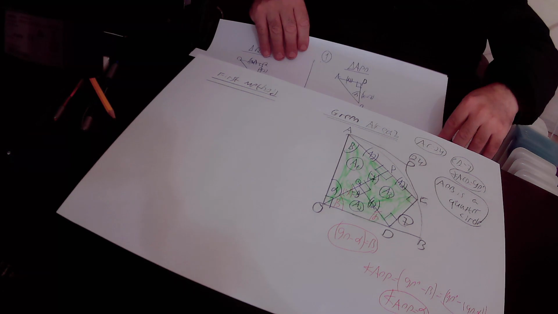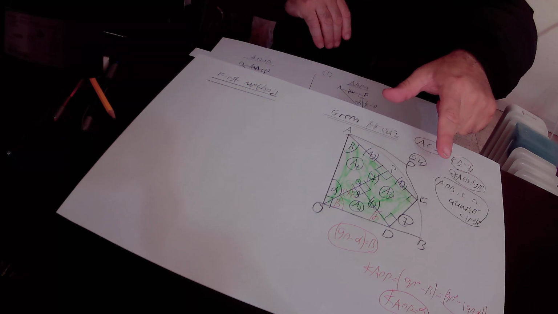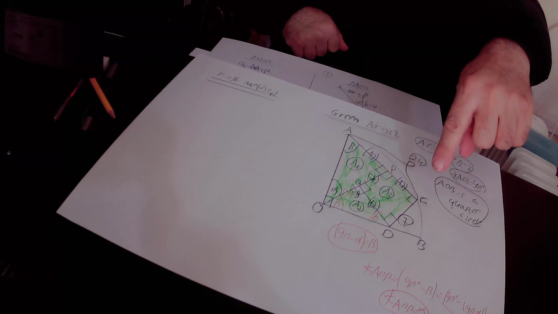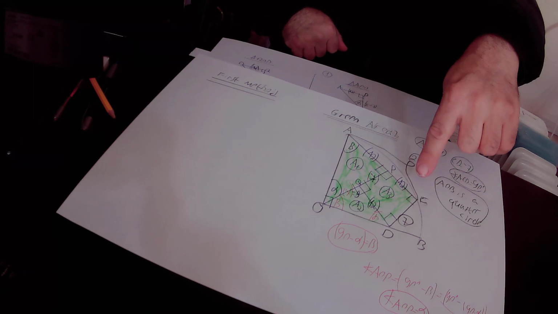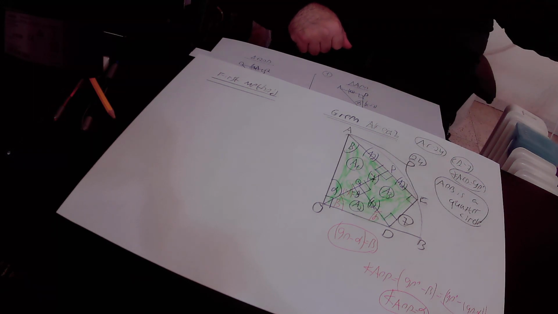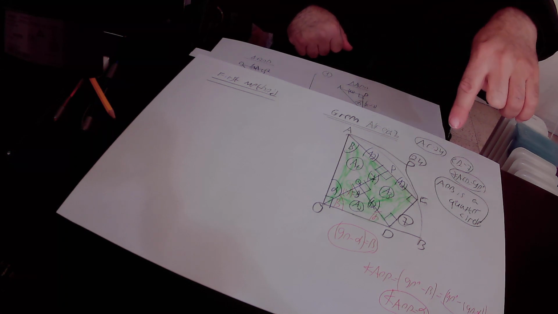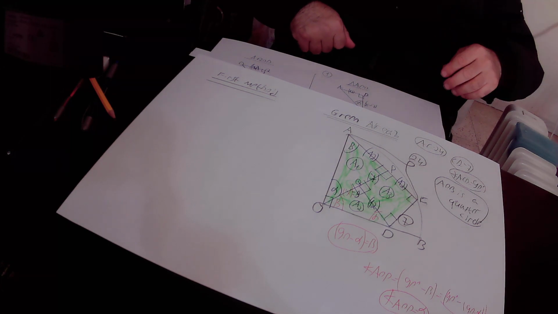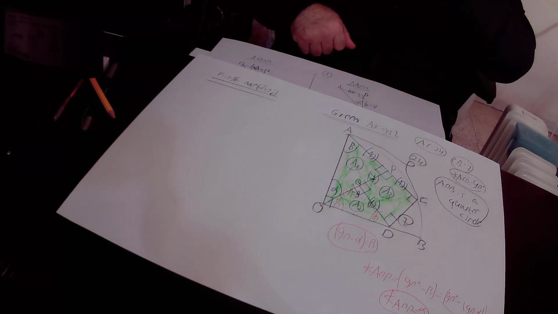In addition, we know that side AC of the quadrilateral equals 24 units, side CD of this quadrilateral equals 7 units, and this angle ACD equals 90 degrees. Again, we have to find the area of quadrilateral ACDO. It is the green quadrilateral. So, in the first method, first of all, we know that